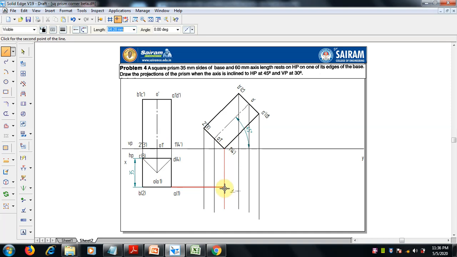1 with 1 dash and 2 with 2 dash, where it meets. End of 3 with 3 and 4 with 4. Okay, next ABCD like that.